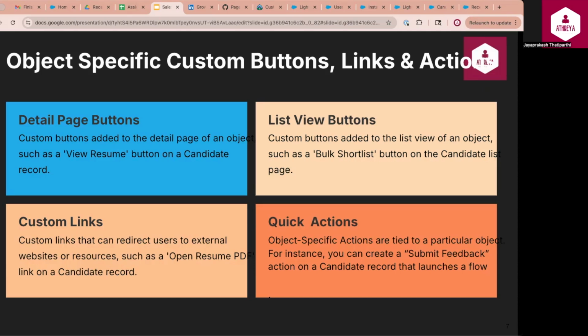Detail page buttons are added to a record's page and can be used to trigger flows, execute Apex, or navigate to URLs. For example, a view resume button on a candidate record might launch a component that displays the resume in a structured format. List view buttons appear in object list views and are designed for bulk actions on multiple selected records. A great use case is a bulk shortlist button that updates the status of several candidates at once